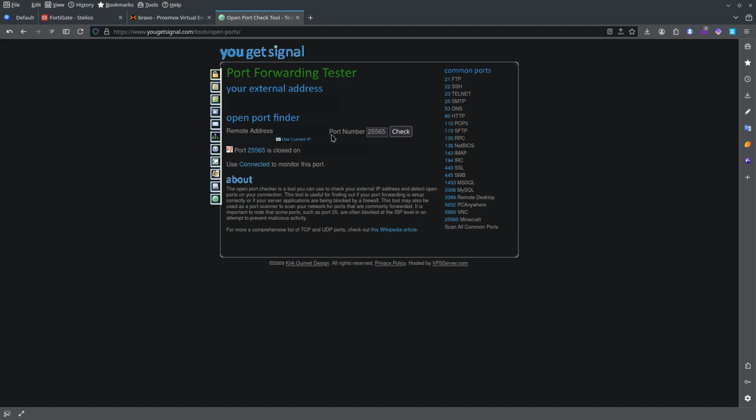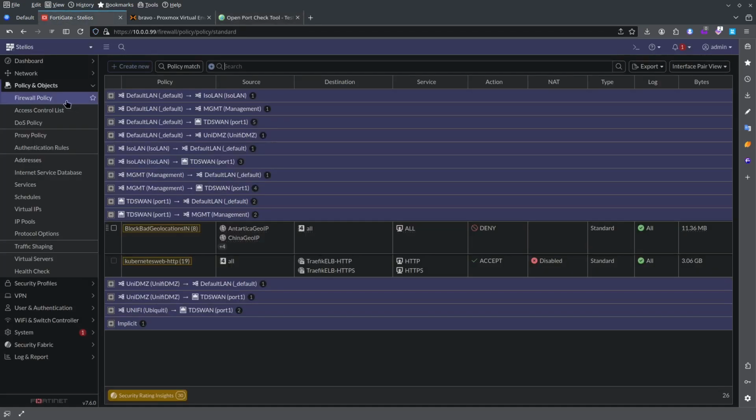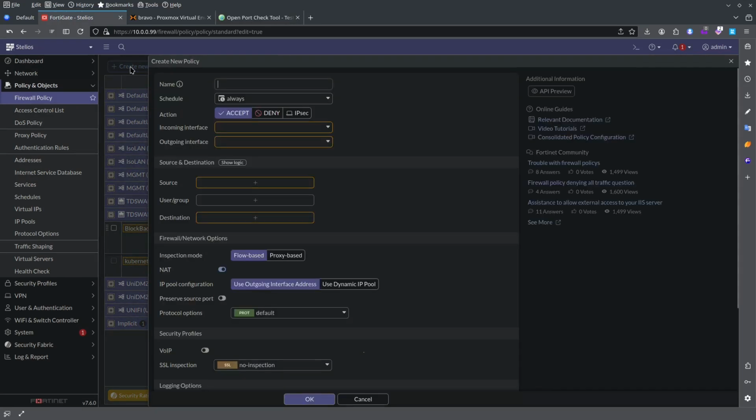the service being the Minecraft server. So we'll head into firewall policy under policy objects, hit create new, and then give it a descriptive name for our firewall policy. So Minecraft ATM9 port forward, for example. Keep the schedule as always, action accept, and the incoming interface is going to be your internet interface since you're accepting traffic in. So let's go find our WAN interface,